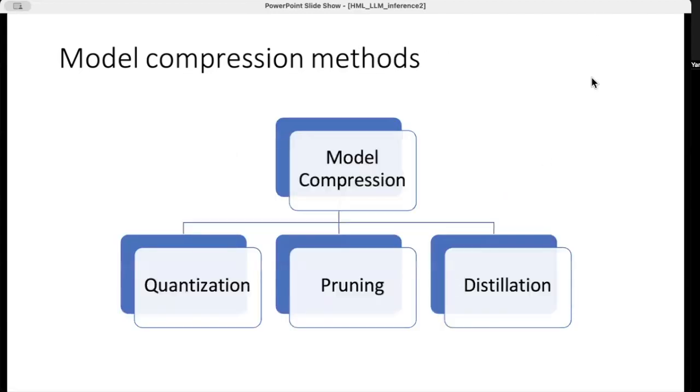An overview of the model compression methods: it mainly has quantization, pruning, and distillation. Quantization is all about how we can use lower precision data types, right? Instead of using 32 or 16 bit, we can use 8 or 4 bit, or even 1.5 bit. Right now, there's a 1.5 bit LLM. It's all under quantization: whether we can use a lower precision data type and yet maintain a similar level of performance, due to some redundancies in the LLM